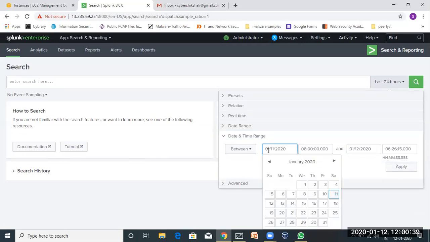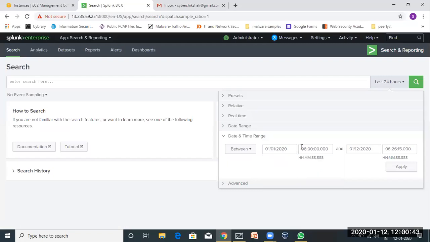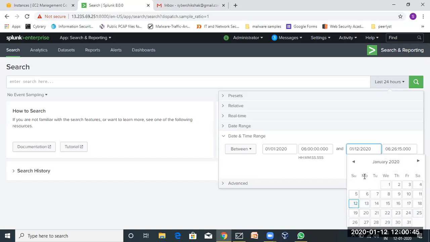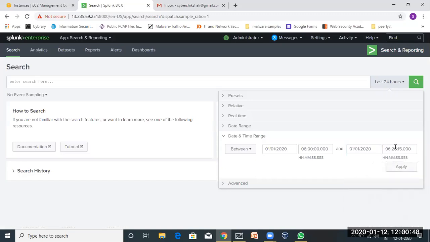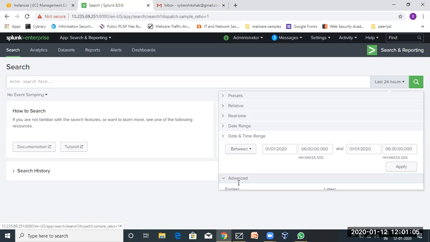For example, if you want to search for the logs from January 1st morning 6 o'clock to January 1st morning 6:30, you can search using this fixed one, date and time range. You can also search an advanced one,